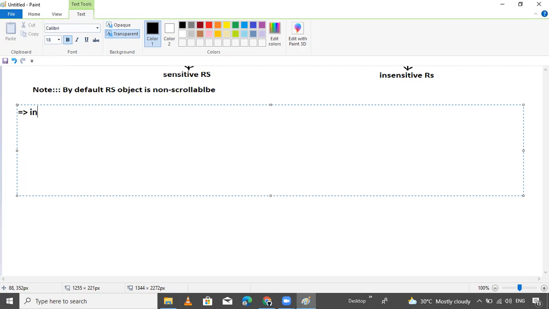The point is about the non-scrollable result set. What is the non-scrollable result set? The result set object.